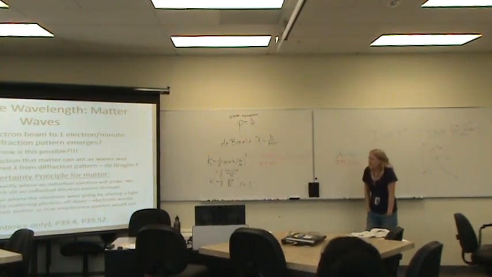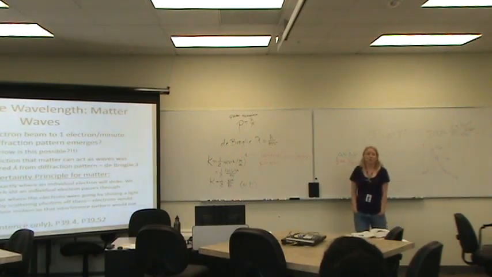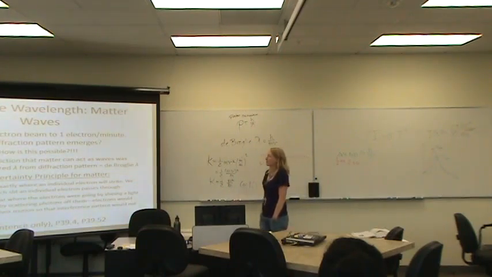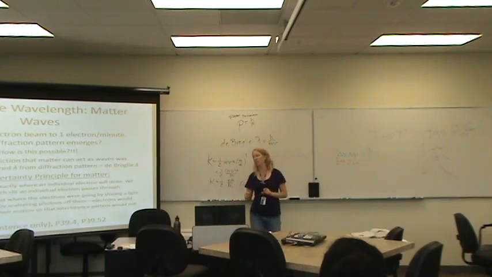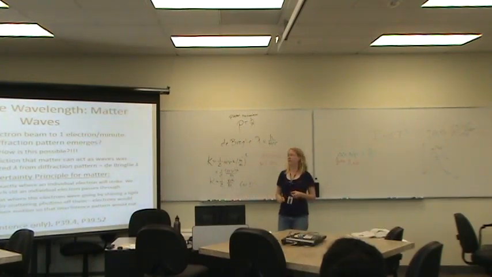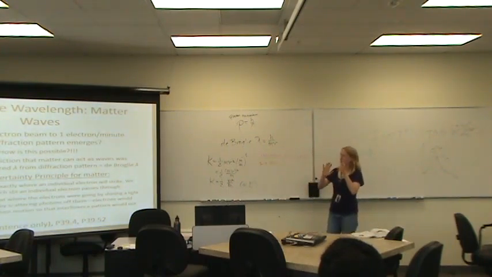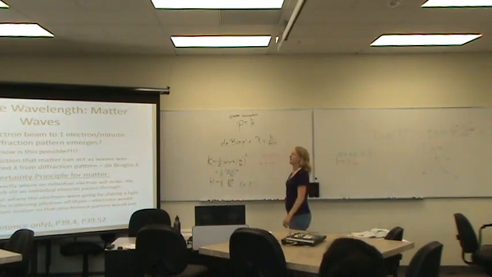Revisiting Heisenberg's uncertainty principle, this applies to matter as well as photons. We can't know exactly where an individual electron will strike, or which slit that electron went through. If we try and see it, we'll mess up the results. If we focus a light to where the electron is going through a slit, this will scatter photons off the electron, change its trajectory, and mess up the experiment.